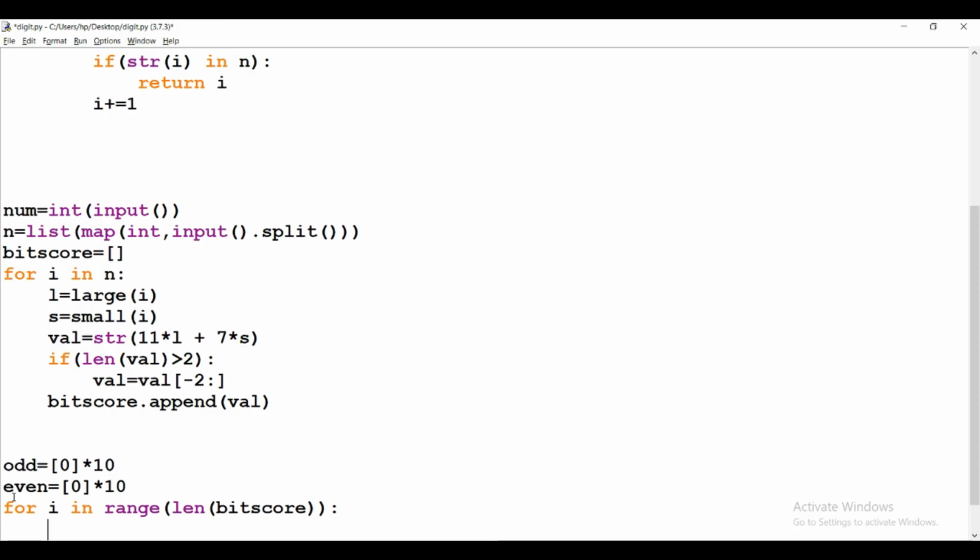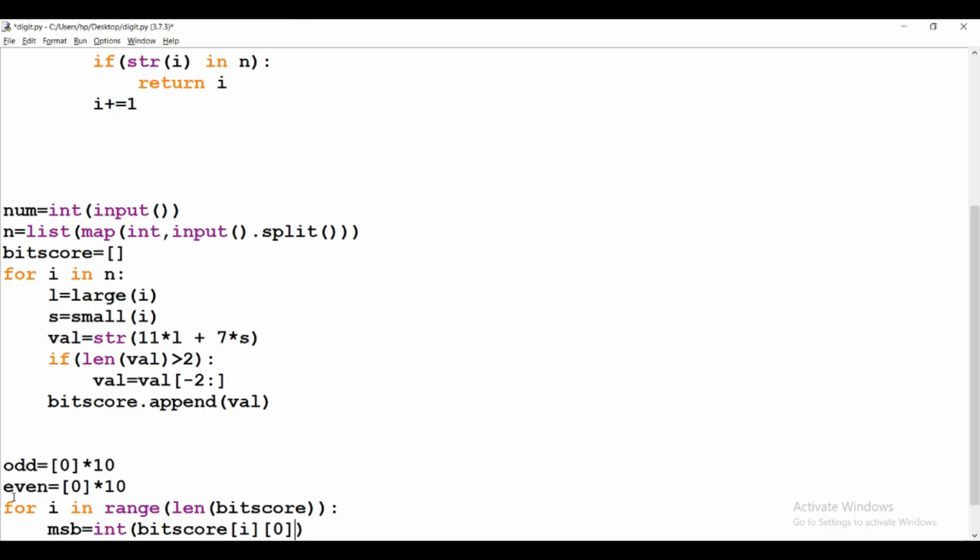It means we find the most significant digit. So MSB is equal to the integer of the bit score at index i, and its first digit is the most significant digit.